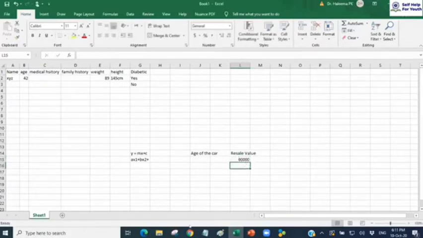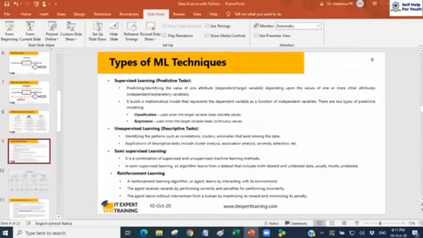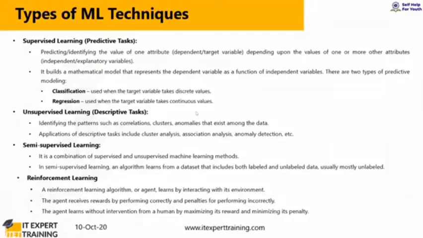So when the target variable takes continuous values, then you will apply regression techniques to predict the value of the target variable. When the target variable takes discrete values, then you will apply classification techniques. Continuous values are like temperature, price of a car, or the salary of an employee.